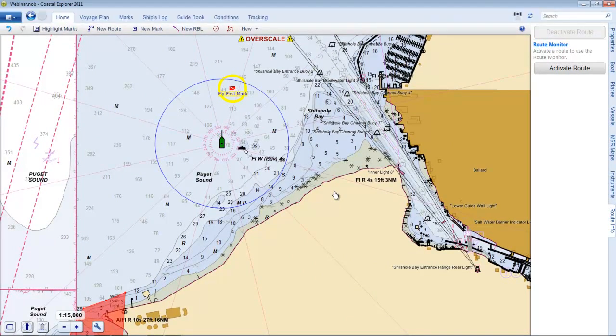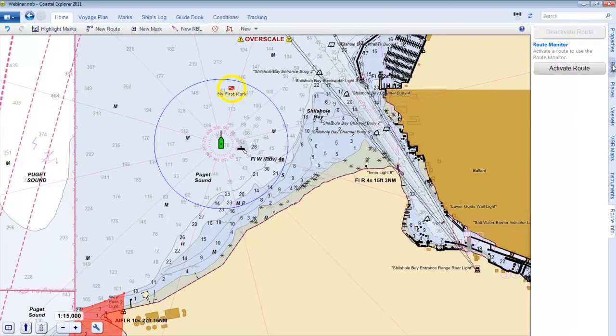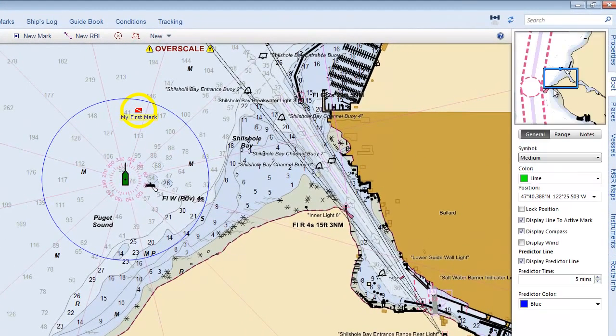Alright, so that's it for configuring Coastal Explorer right this second. Oh, nope, I take that back. The last thing we might want to configure would be the boat. If I click on the boat tab on the right-hand side of the screen, it allows me to control how large the boat is on the screen, small, medium, large, what color it shows up, when we have an active route, whether we have a line to the active mark,